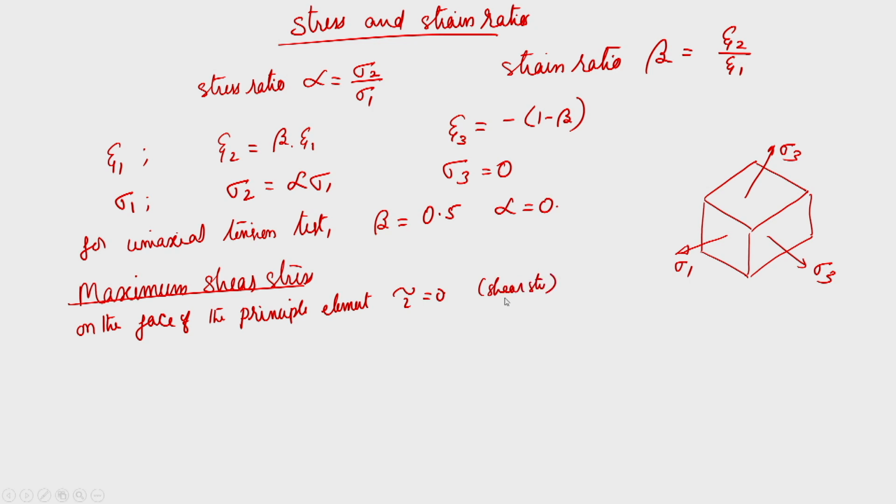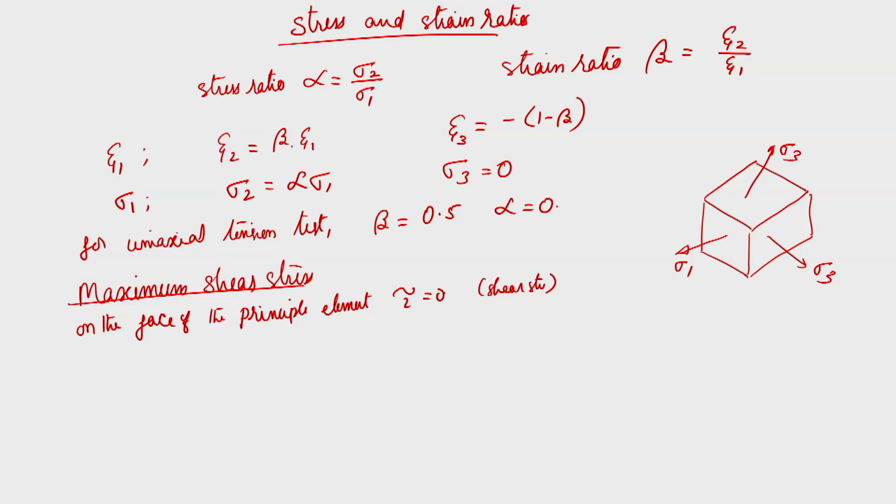Okay. So, that means shear stress. But if you consider a plane even slightly inclined to any of the faces, you will find that on those planes both normal stress as well as shear stresses are acting. Okay. And with more and more inclination, you will find that the shear stress keeps on increasing, and a stage will come when the shear stress is maximum. Okay. So, those maximum shear stress planes are inclined at 45 degrees to the principal direction.